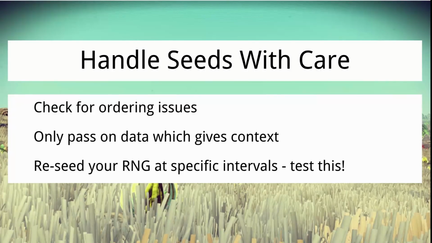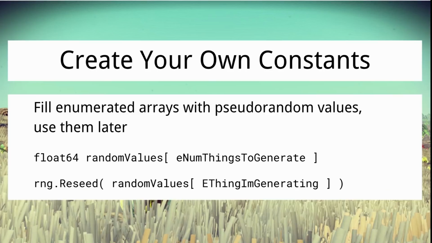So a technique that we use specifically is reseeding things based on like an array of pseudo-random values. So a big problem that I see in a lot of smaller projects especially is that you're generating pseudo-random numbers, and those depend on previously generated values, and you really want to strip that system as much as possible out of your generation. You don't want anything to be order dependent,